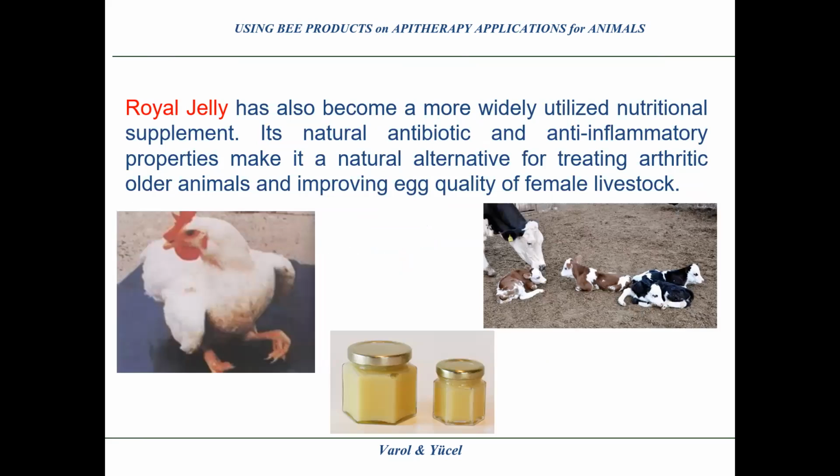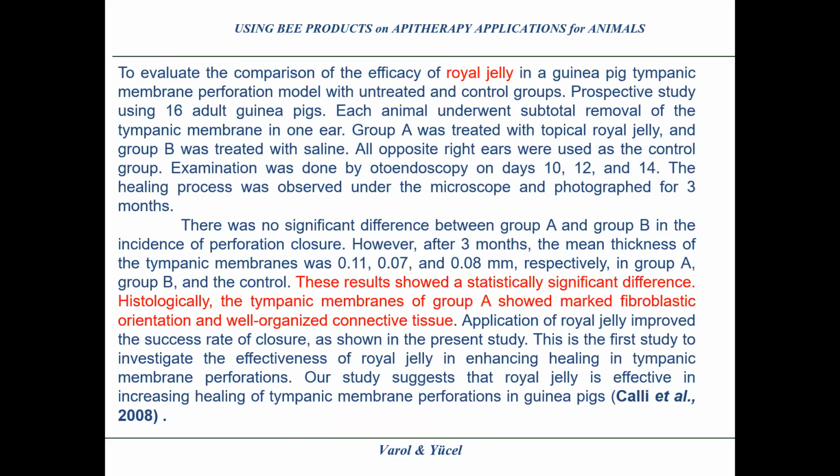Another bee product, royal jelly, has also become a more widely utilized nutritional supplement. Its natural antibiotic and anti-inflammatory properties make it a natural alternative for treating arthritic or older animals and improving egg quality of female livestock. To evaluate the efficacy of royal jelly in a guinea pig tympanic membrane perforation model with untreated and control groups, a prospective study used 16 adult guinea pigs, each animal underwent subtotal removal of the